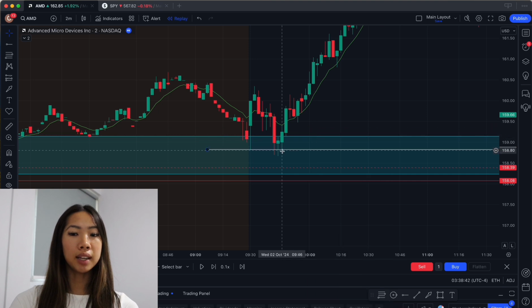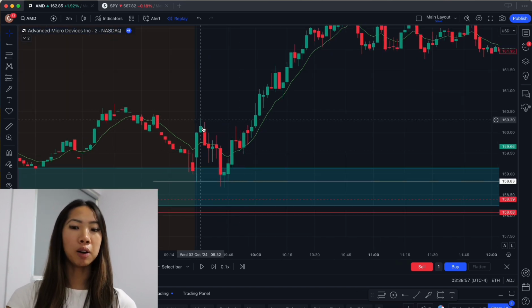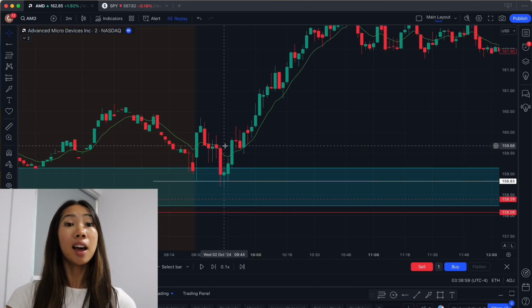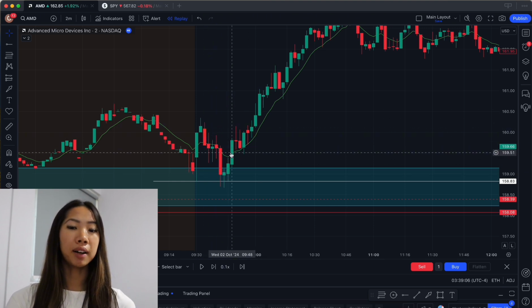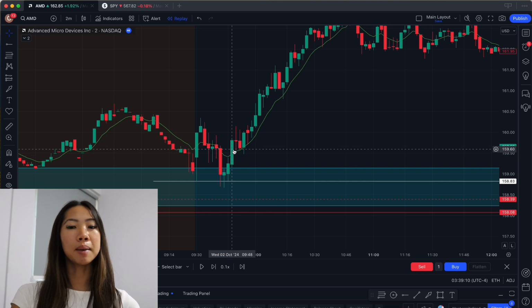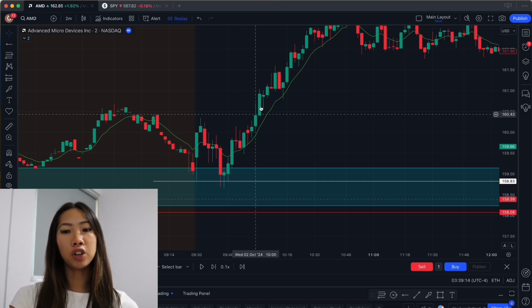Another thing we do see is that once price pushed off this level, because it is a very strong support, price has already pushed higher and broken this 9 EMA. The 9 EMA I have right here, which is an exponential moving average. It just shows you how strong price is. This is another confirmation that price is going to go higher, because as price moves above a 9 EMA, that really shows you a bullish trend. So if price is above it, there's likely a reason for an entry,